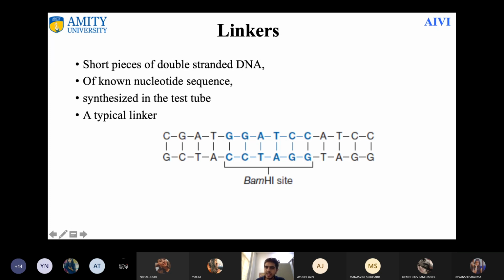Here this BamH1 site is there, you are incorporating this BamH1 site. Now you are joining this linker to a DNA that you want. If in this DNA fragment you also have a BamH1 site, meaning this GGATCC sequence is also there,